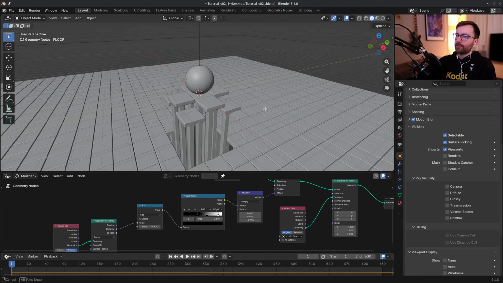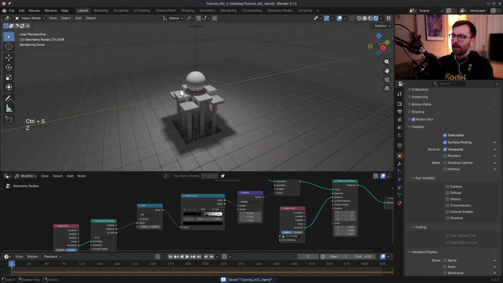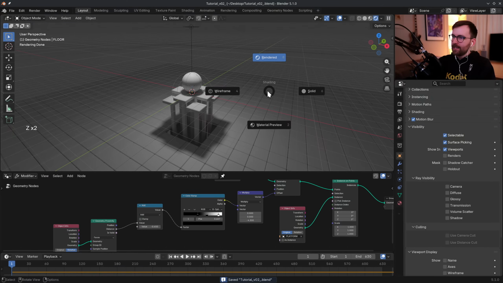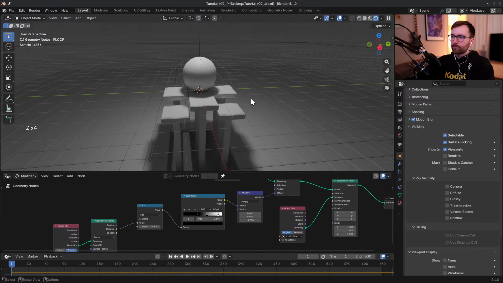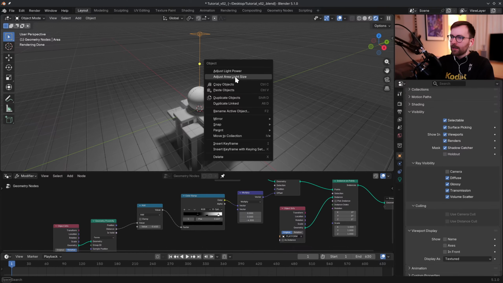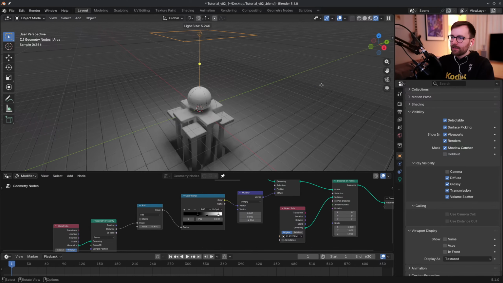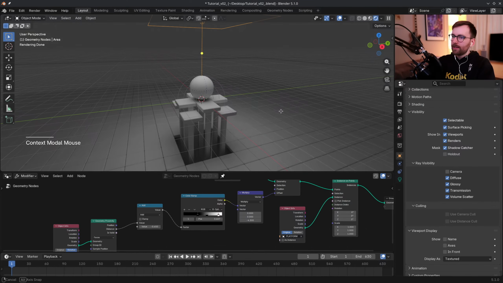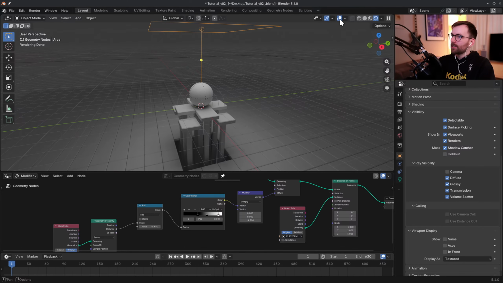Okay, so now we have our scene set up in render view. By the way, if you press Z, you can go straight up to render view. Super fast way to enable that. And now I want a little bit softer light, so you can right click, adjust area light size. Look at that. Now we have this really beautiful area light, and you can disable the overlays here, which is